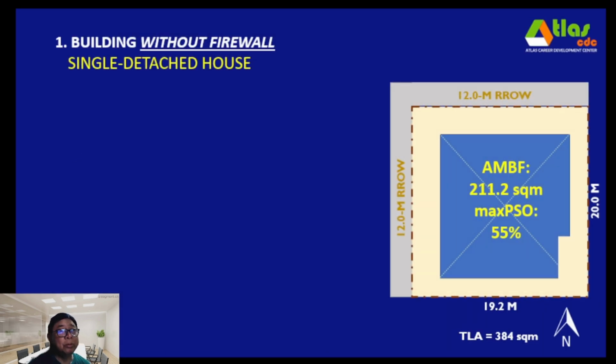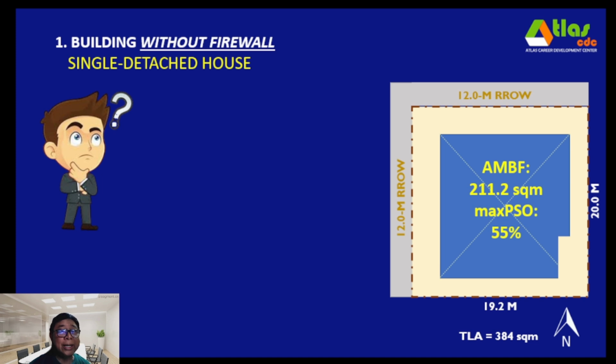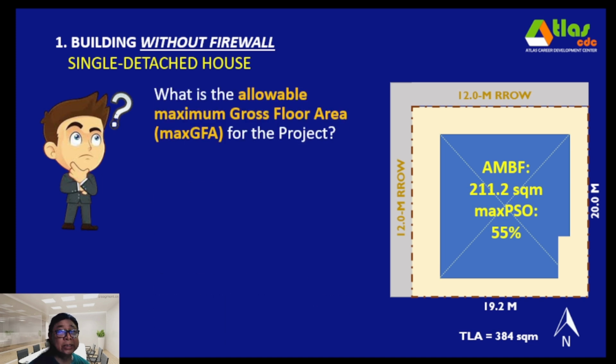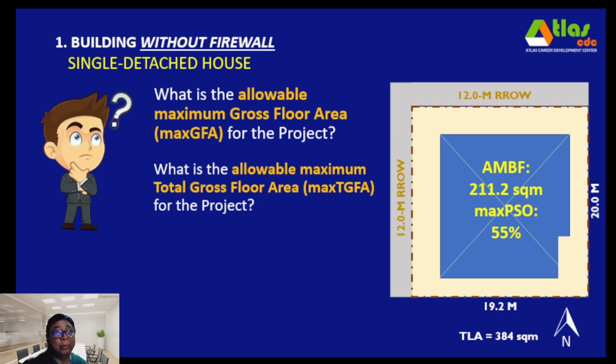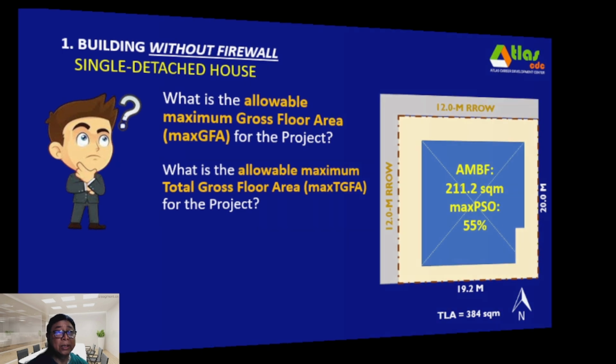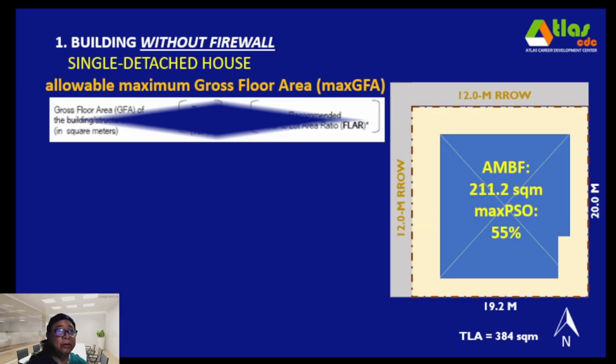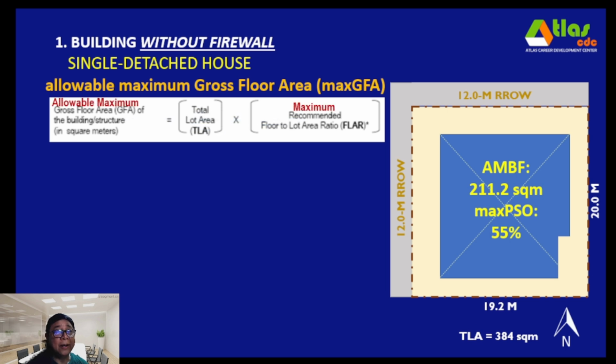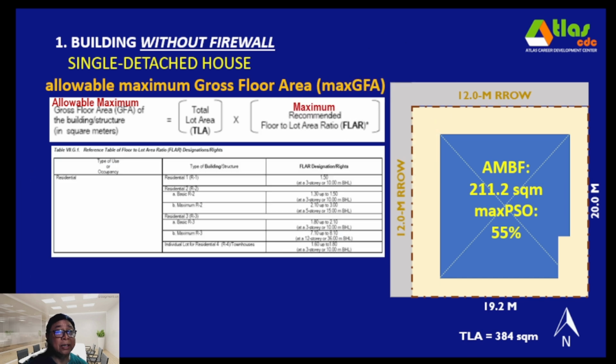So we now go to the other development controls on the floor areas of the building without firewall. So we are going to determine the allowable maximum GFA as well as the allowable maximum TGFA for the single detached project. So for the allowable maximum gross floor area, our formula basically is very simple. You only have to multiply your total lot area with the maximum recommended floor to lot area ratio. And here we have table 7.g.1 showing that for a basic R2, the maximum value here is